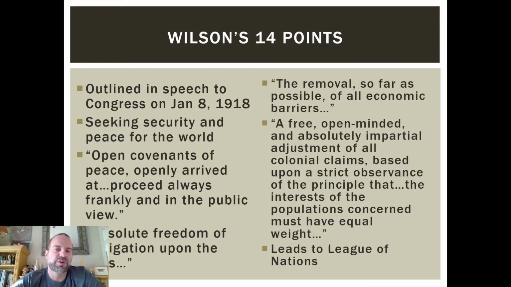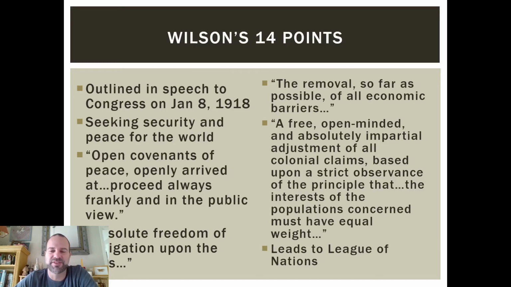So before the war actually ends, Wilson gives a speech to Congress. It includes what has become known as his 14 points, essentially seeking security in the world and specifically in Europe. I'm not going to read all these to you. They're basically high-minded, just be open, be frank type ideas. One that is interesting, though, on the right-hand side here, talks about a free, open-minded, absolutely impartial adjustment of colonial claims. In other words,